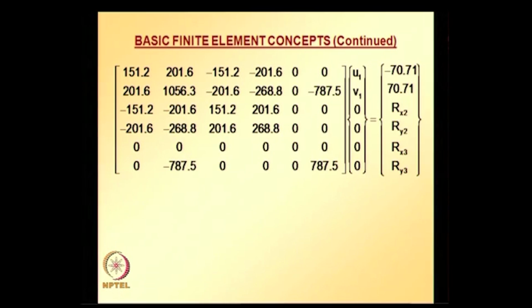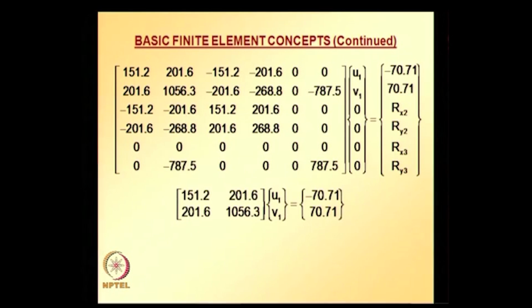But in this case we can actually delete the rows and columns corresponding to the degrees of freedom for which the value is 0. So, rows and columns 3 4 5 6 can be deleted. Deleting them, we get a reduced equation system,